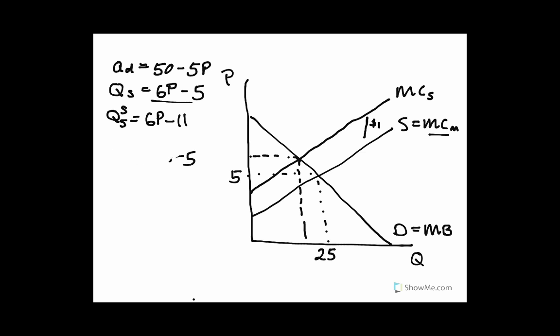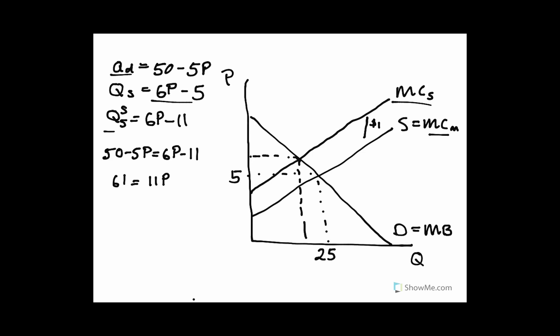Okay, so now we can find what this new equilibrium is, because remember, demand hasn't changed. The marginal benefit per unit is the same. It's just that this supply curve has shifted up. So now we can find out what this socially optimal equilibrium is here by setting the same demand equal to the new social supply. So we can do that by setting 50 minus 5p equal to 6p minus 11, which is going to get that 61 is equal to 11p,